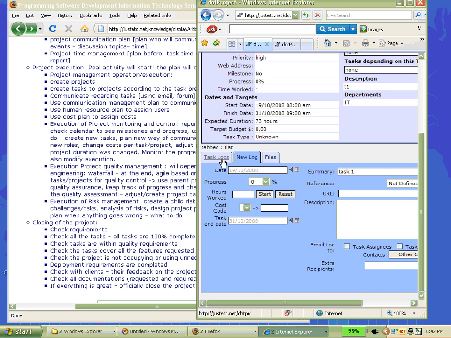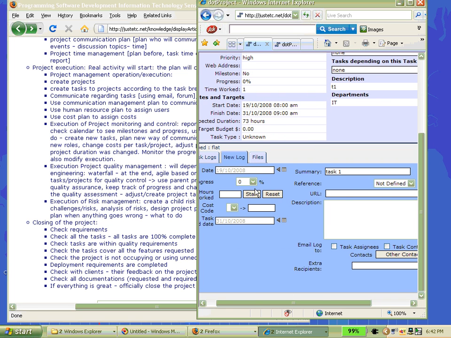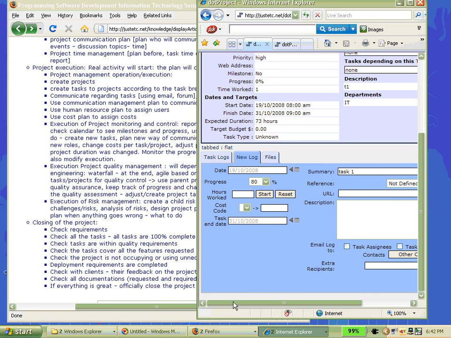I think we can define how many hours you have worked and when the task has ended, and you can also define the progress, 65% or 90%. I think the developers will be doing this after they are working on it. From time to time they can check the progress and they can update the task log if required, so that the